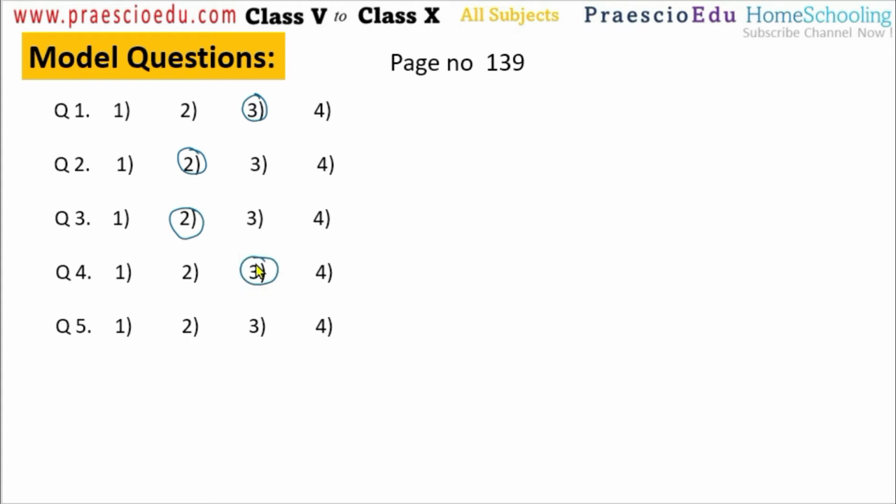Now question number 5: 11, then 27, then 51, 83, 102, 171. If we look, everything is a square number plus 2, meaning 3 square plus 2 is 11, 5 square plus 2 is 27, then 7 square plus 2 is 51. Like this, all are odd numbers: 3, 5, 7, 9, then 11, and then 13. But here, instead of 11 square plus 2, 10 square plus 2, which is 102, is given, so 102 is the different one, and there should be 123. This is given in option number 4.